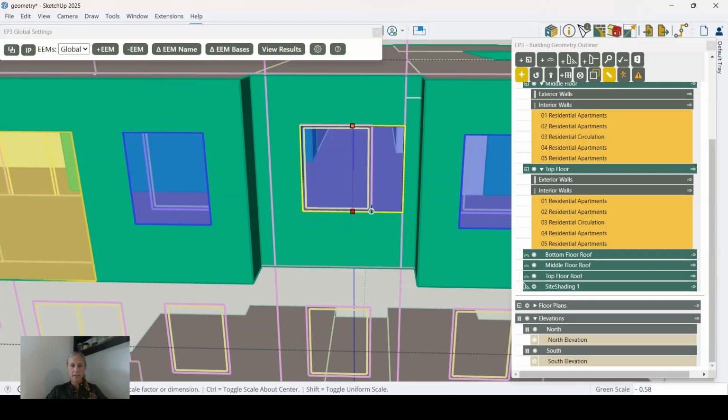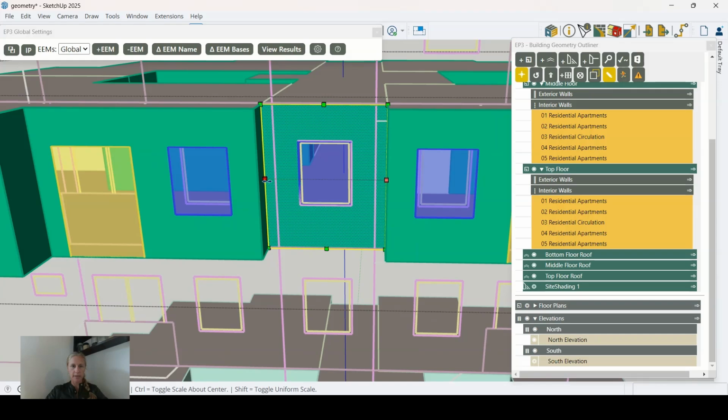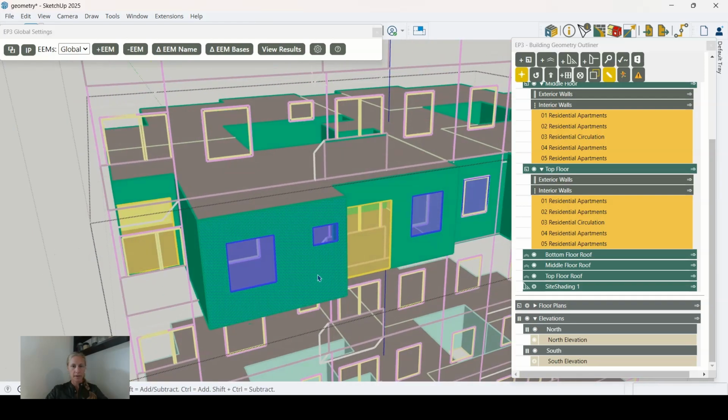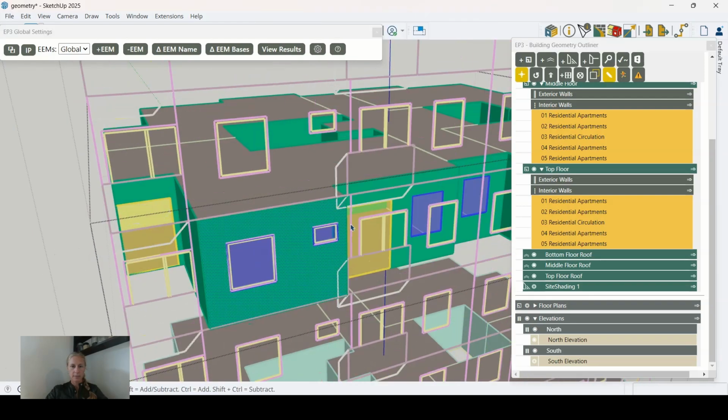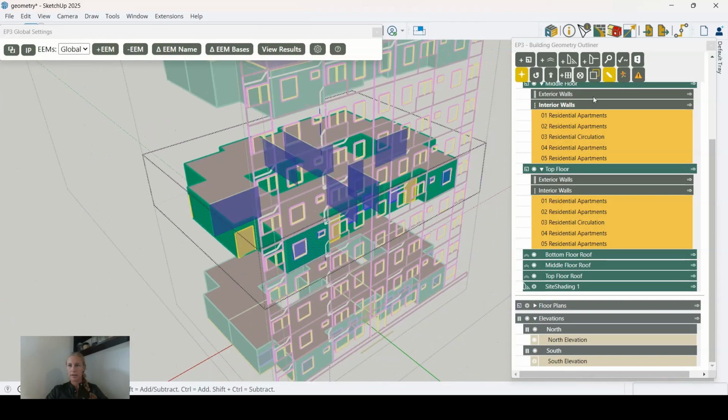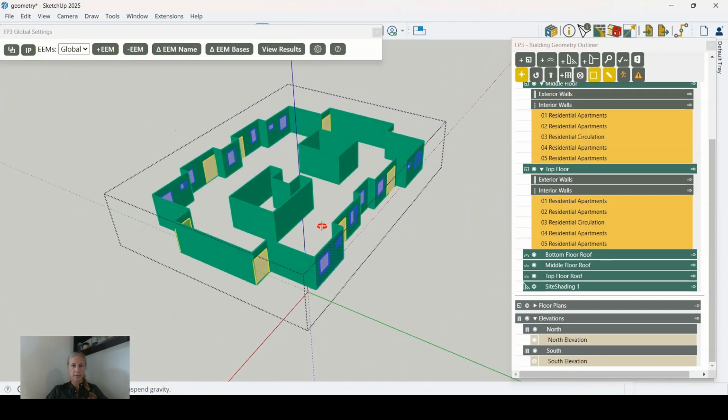So when you're using the stretch tool to size windows, you want to make sure that you have the window itself selected when you start stretching. If you have the wall selected, when you start stretching, it's going to do some funny things. So make sure you have the window selected. Let's just make sure those windows are appropriate. Okay, good. We'll hide the other geometry